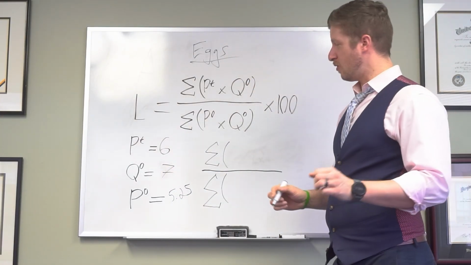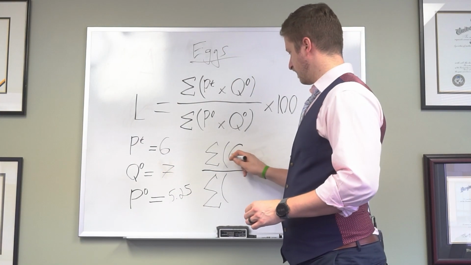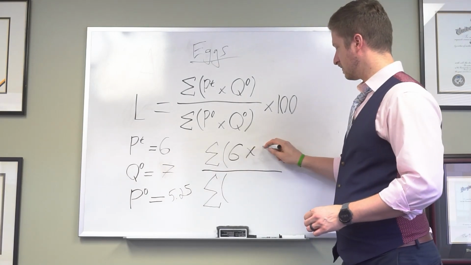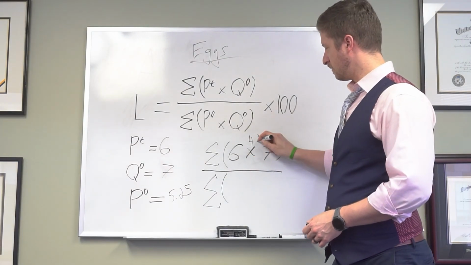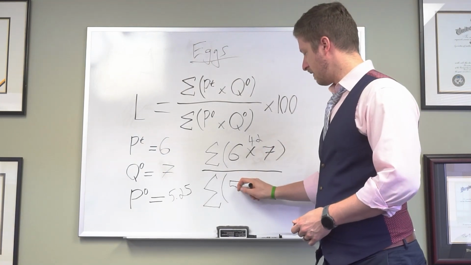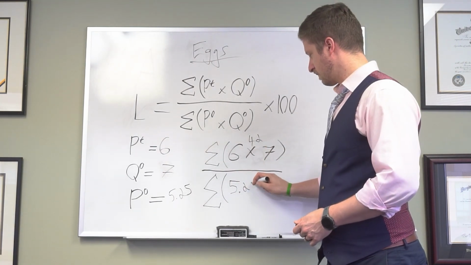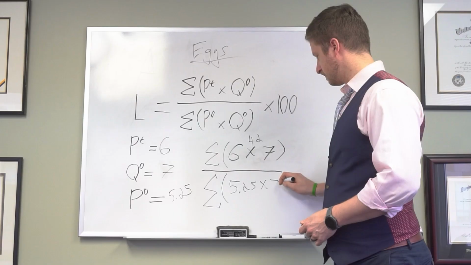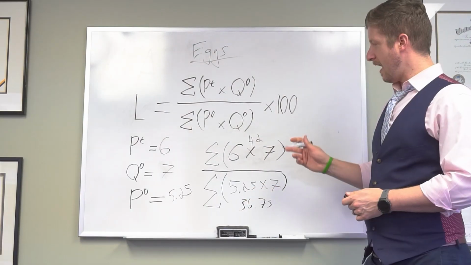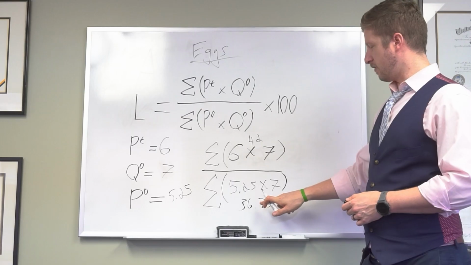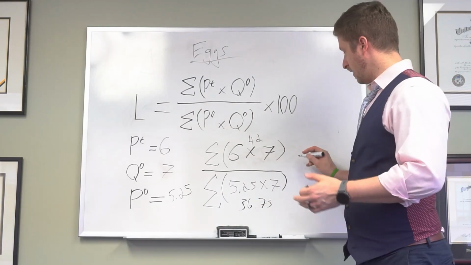So how this formula works is 6 times 7. So we plug in 6 times 7 equals 42, and 5.25 times 7 equals 36.75. So now you divide 42 by 36.75, and you'll get roughly